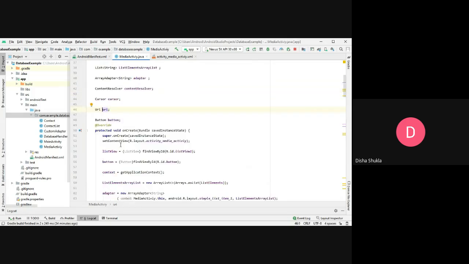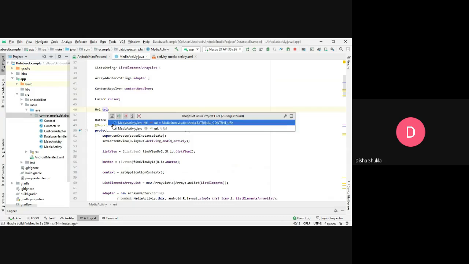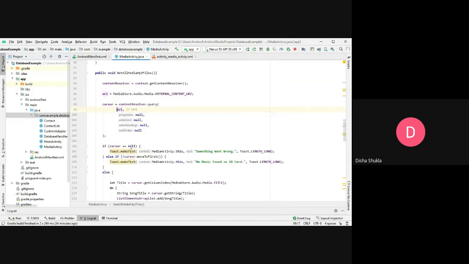What is a URI? URI is an object that we used inside an example wherein we were opening the camera for clicking. We saw the implicit intent and the explicit intent concept, and inside the implicit intent content, we saw the concept of URI. URI is something that mentions the location of a particular thing that you want to access.